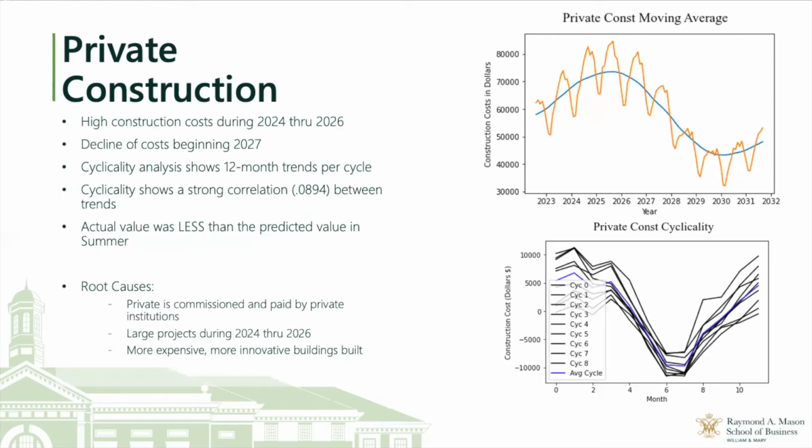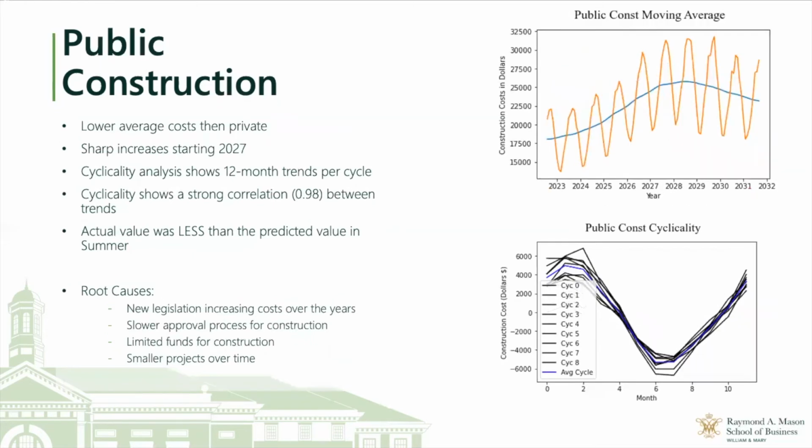Now we're going to move forward to the public construction. Here, obviously, as I already mentioned, we do see a lower spend in the public construction. We do see slight increases from 2027 and on, however, not as much as we see in the private sector. Same cyclicality in the public sector. It's not exactly the same, but very similar, in the sense where we do see a strong correlation of 0.98